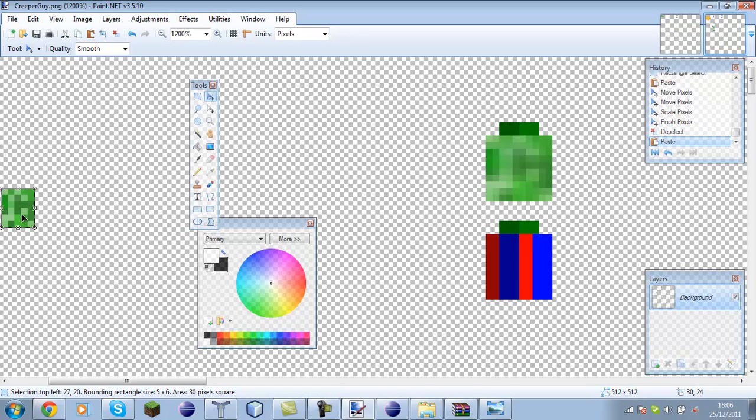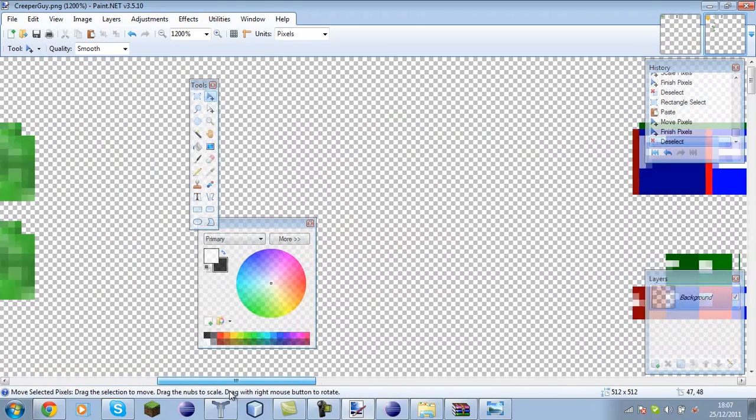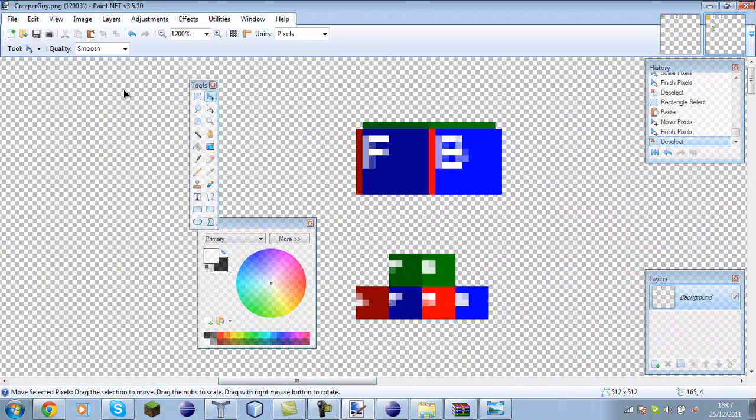Copy and paste it again. Then we can copy this leg, arm, copy paste, bring it down here, enter. Now for the hat again, so